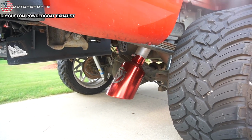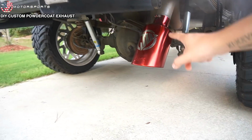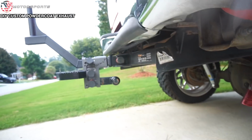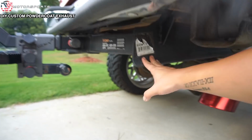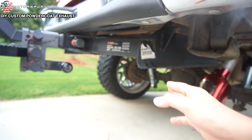Now we have the powder coated exhaust tip. Looks pretty good in my opinion. Looks good with the JW Motorsports Co logo. So up next, I'm going to be removing this hitch, and we're going to take that to Jimmy Rivers because